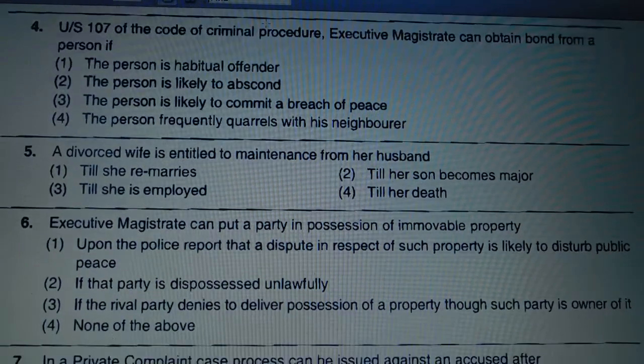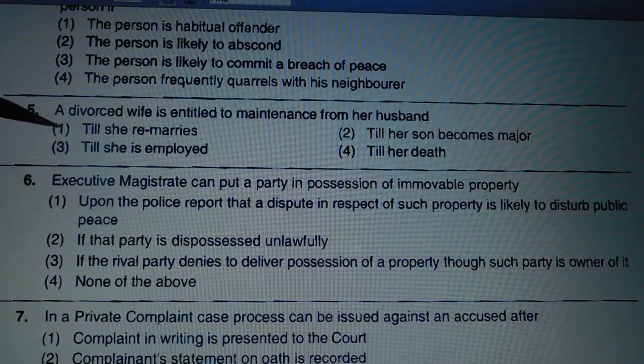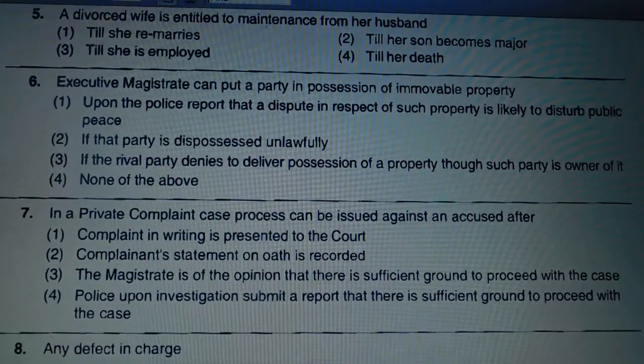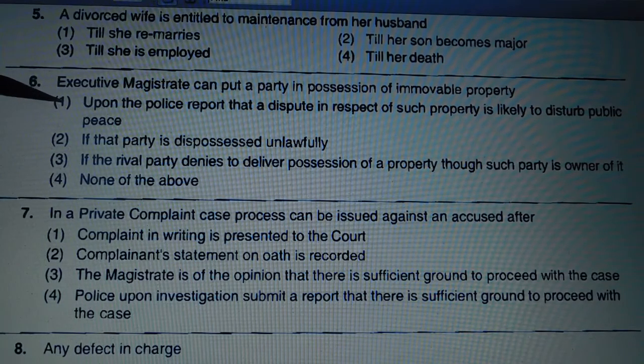Question number 5. A divorced wife is entitled to maintenance from her husband. The answer is till she remarries. Question number 6. Executive magistrate can put a party in possession of immovable property. The answer is upon the police report that a dispute in respect of such property is likely to disturb public